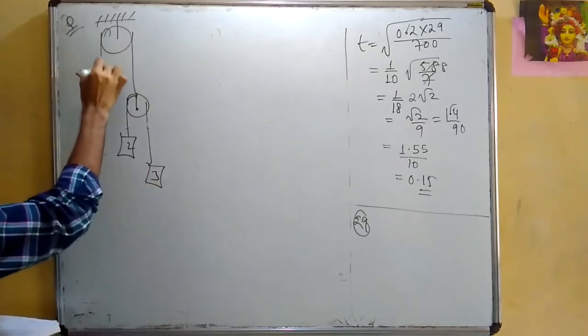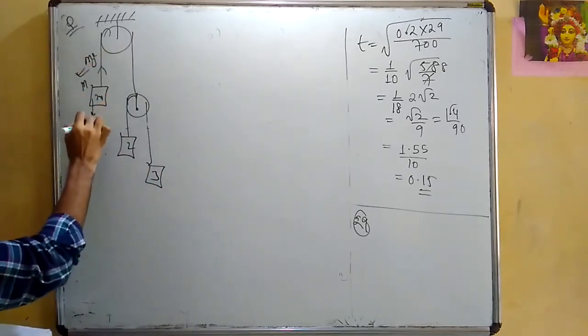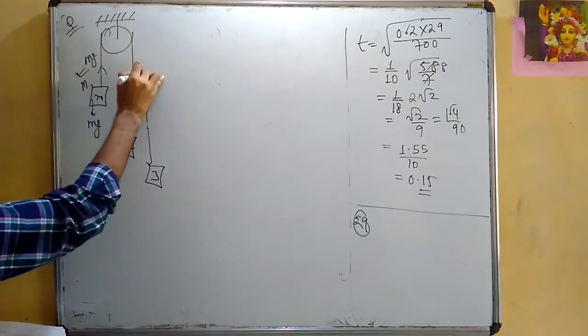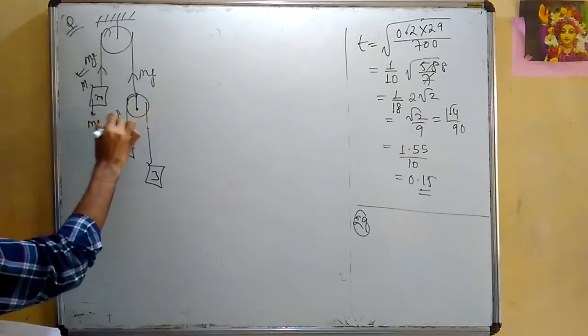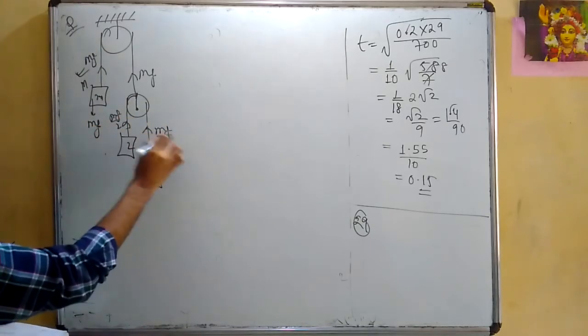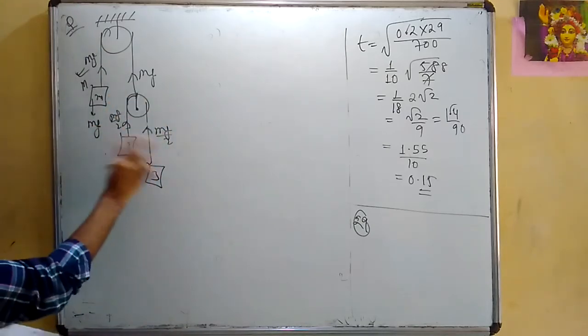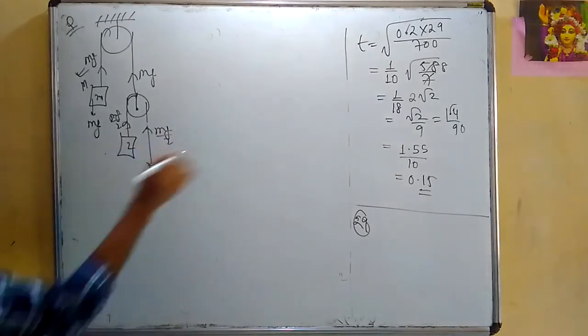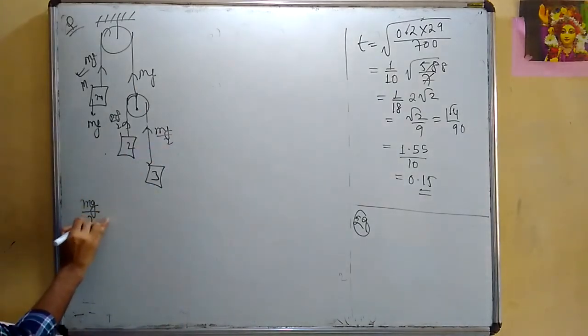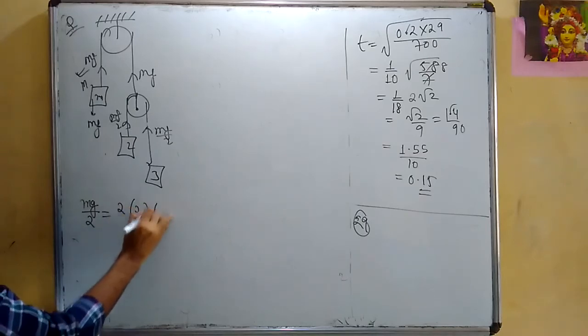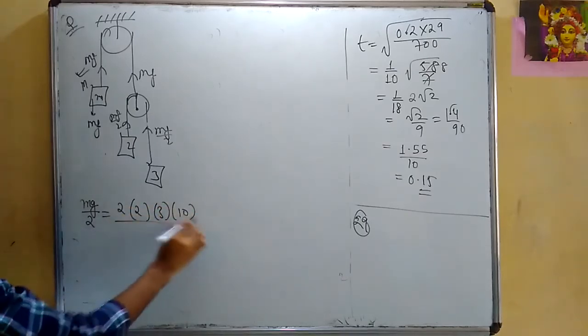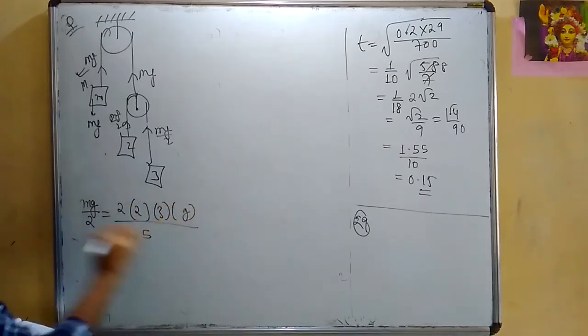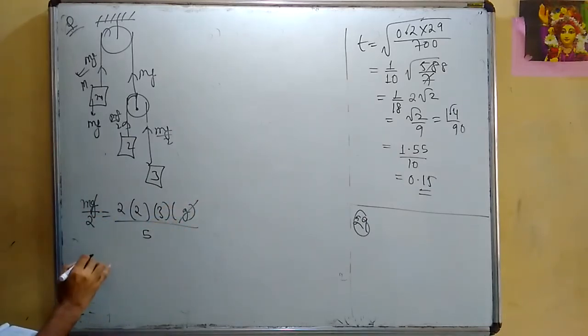See, this should remain at rest, मतलब tension कितना होना चाहिए mg, because the force acting downward is mg. Tension should be mg means यहाँ भी mg, यहाँ पे है mg by 2 and यहाँ tension should be mg by 2 because tension will get divided into two parts, mg by 2 and mg by 2. Now if you remember, I had told you tension का shortcut formula लिखाया था कि this tension will be equal to 2m1 m2g by m1 plus m2. See, this g and g gets cancelled out, so I'll directly get the value of m, and what is that?